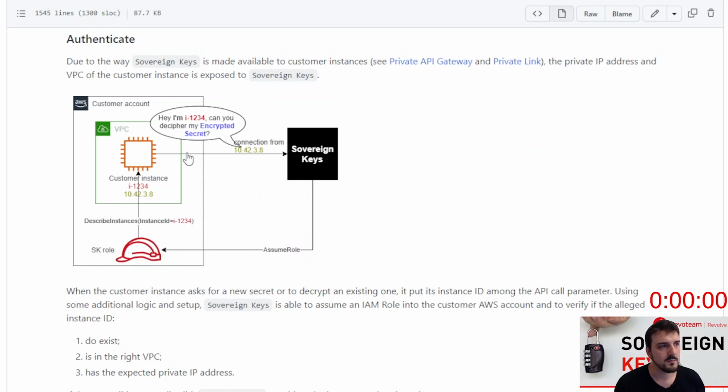The principle is quite simple. The instance will send a request, and it will essentially say, I have an encrypted secret. I am I-1234, and please, sovereign key, can you decrypt my secret? And the authentication part will be performed by the API gateway, by the Lambda, the custom authorizer. And it will simply verify,